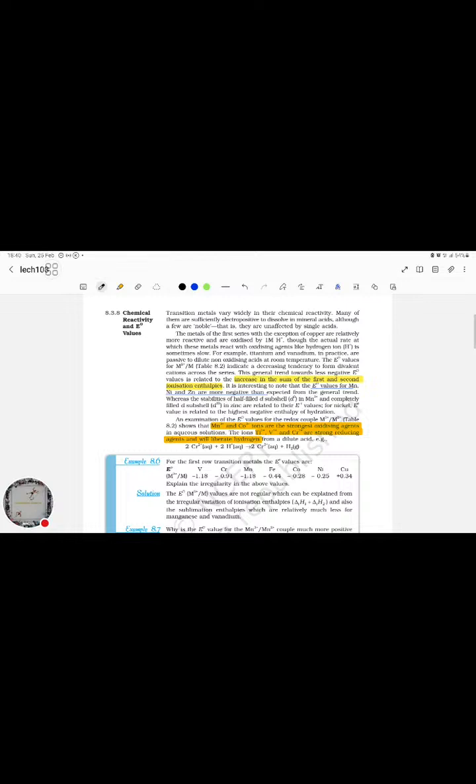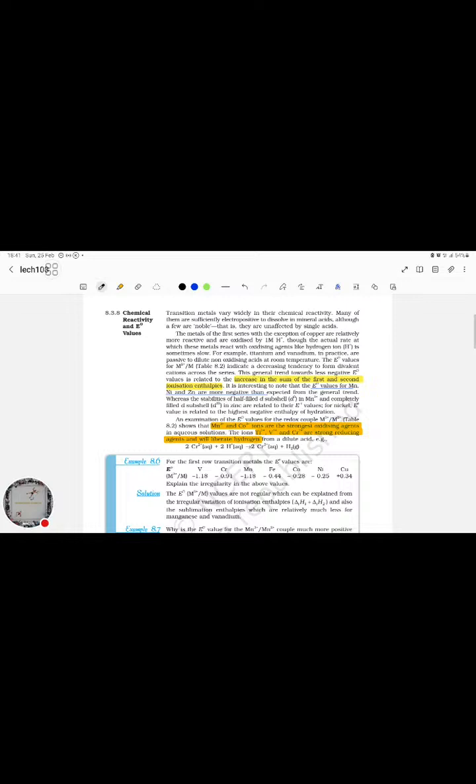So the metals of the first series except copper react with or are oxidized by H plus ion, though the actual rate is really slow. Titanium and vanadium in practice are passive to dilute non-oxidizing acids. The electropotential values for M2 plus indicate a decreasing tendency to form divalent cations across the series. The general trend towards the less negative electropotential values is related to the increase in the sum of first and second